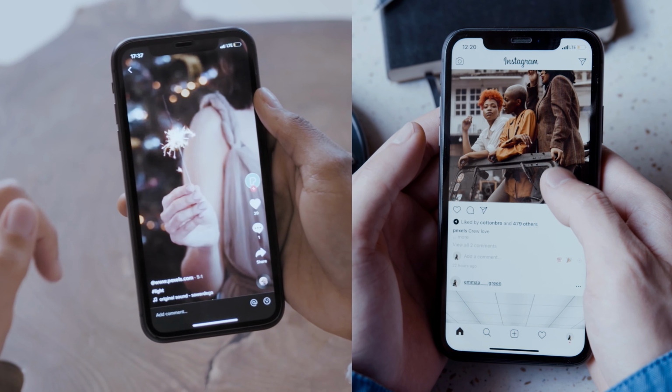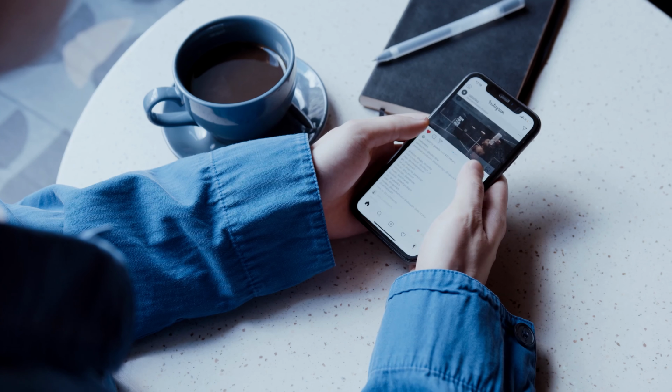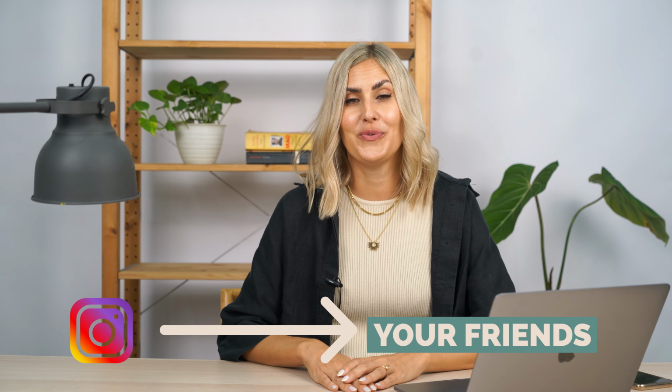Let's start with the most obvious difference compared to Instagram. As of now. The reason why I say as of now, we all know Instagram is trying to copy TikTok, or at least this is how it looks like. So maybe by the time you're watching this video, it's not like that anymore. But as of recording this video, TikTok and Instagram still have one big difference. And that is if you go on Instagram and you start scrolling through your feed, what you'll see predominantly is posts from your friends. However, Instagram is adding more and more posts as suggested posts for you, but that's a conversation for another day. Today, we're talking about TikTok.